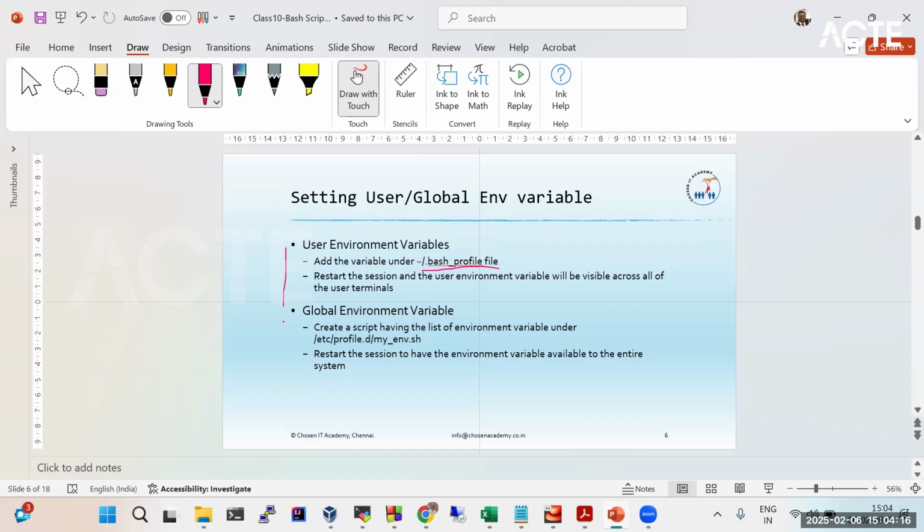Coming to the global environmental variable, this global environmental variable will be visible for the entire system, including all the user logins. So this variable that you have set would be available. For this, you may have to write your variables in a file and place it in a location